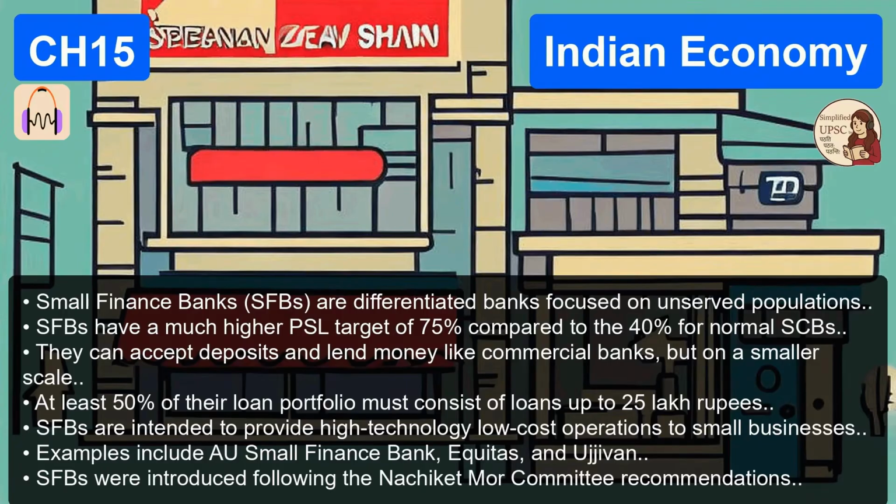They have to deposit the exact shortfall amount into the RIDF, the Rural Infrastructure Development Fund. And who manages this fund? NABARD, the National Bank for Agriculture and Rural Development. This fund was established back in 1995-96. So walk me through the mechanics of that penalty. Sure. Let's say Bank A has a target to lend 1,000 crores to agriculture, but they only manage 900 crores. They missed it by 100 crores. They're forced to give that 100 crores to NABARD's RIDF.